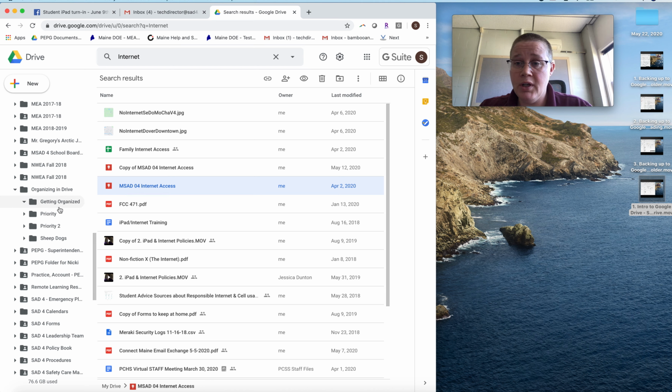Again, those folders are really going to be key to helping keep your stuff that you want together. Kind of think of Google Drive as like a river of stuff. Okay, and then you create containers, which are the folders, and that's where you put the important stuff that you want to keep together. You can always find something out of the river, always find the fish that you're looking for through that search query, but it's going to take a minute if you don't quite understand how it's set up. And you know what? I'll tell you what, the more you practice with it, the easier it'll get for you,